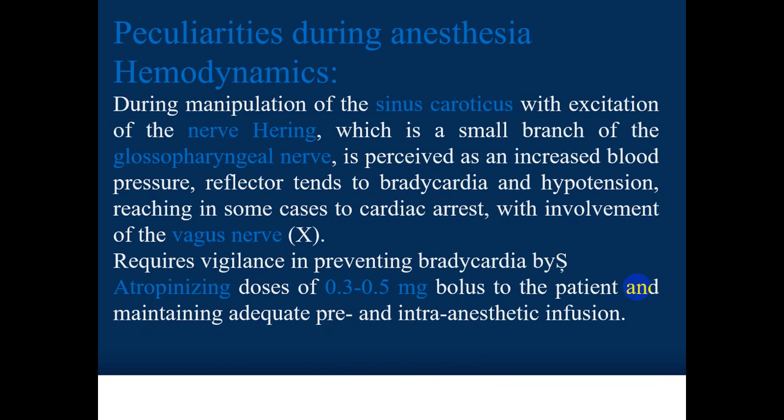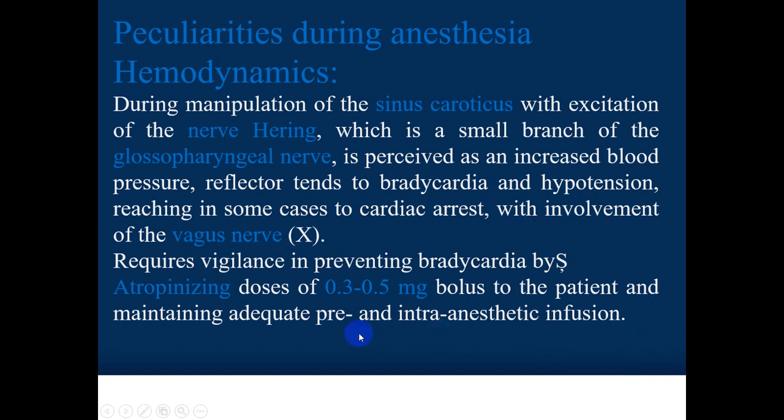Hemodynamics during manipulations of the sinus caroticus with excitation of the nerve of Hering, which is a small branch of the glossopharyngeal nerve, is perceived as an increased blood pressure and reflexively tends to bradycardia and hypotension. In severe cases, it can lead to cardiac arrest with involvement of the vagus nerve. So the glossopharyngeal nerve is afferent and the vagus nerve is efferent, going to the